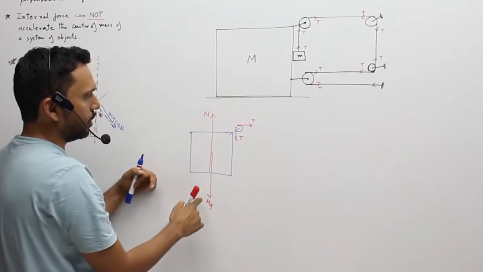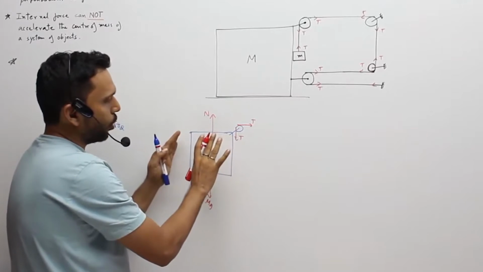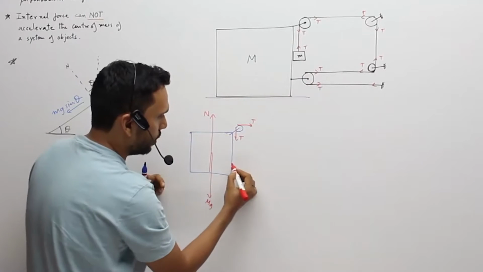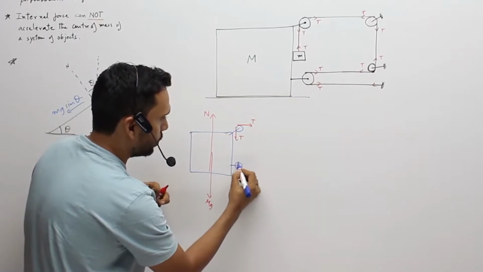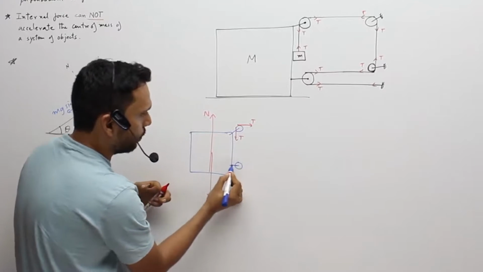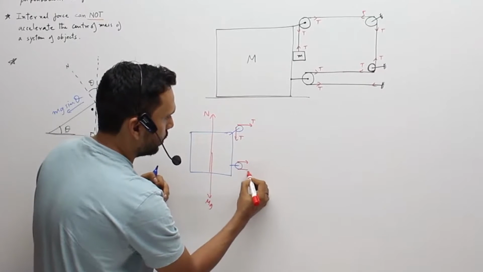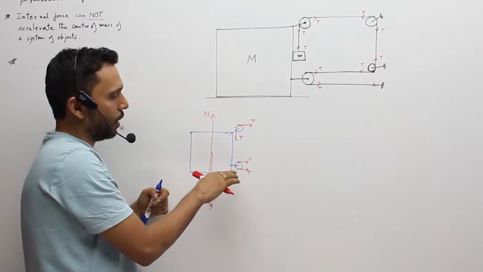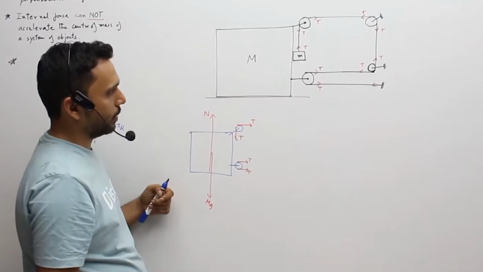Is N equal to mg in this case? I'll ask you. And then this body is going forward. There is a pull over here, so I can take the pulley together with the body, won't matter much. Or I could have taken just this section and say the pulley is being pulled with T and T. So we see that we have a forward pull of T, T and T. 3 T's in the forward direction.